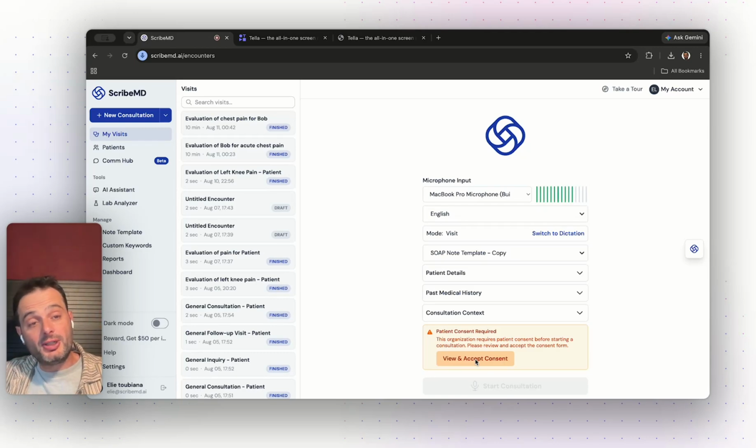So depending on where you live and where you're talking to a patient, there are different regulations around what you're supposed to tell the patient and what you don't have to tell the patient. But in general, as a courtesy, I would definitely recommend just telling the patient that they are being recorded. What I usually find the most helpful with patients is to tell them, hey, I'm just going to record